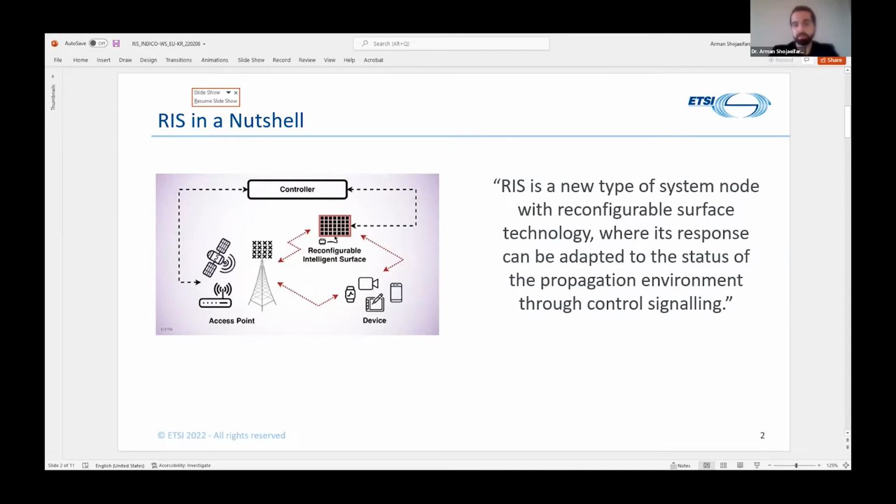And a main use case that has been talked about a lot is to use this RIS component in the form of an intelligent mirror to achieve tunable reflections, and this can be to improve coverage enhancement, which is a key challenge in 5G deployments today.